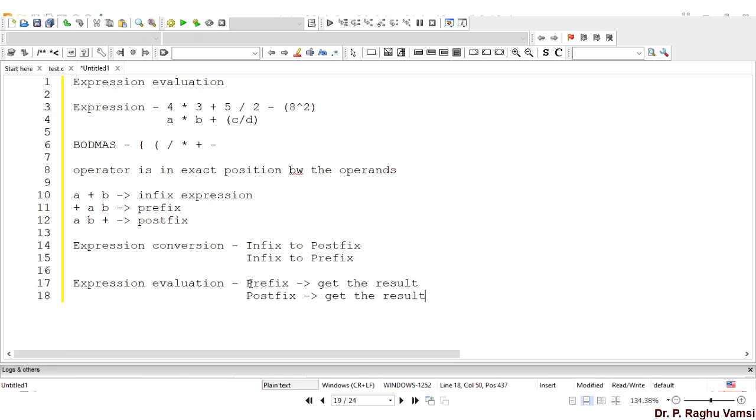Based upon the BODMAS rule, we allot priority to the operators, and based upon these priorities, the computation happens. For example, if I have given an expression like A plus B star C, how will this particular expression be evaluated in general?